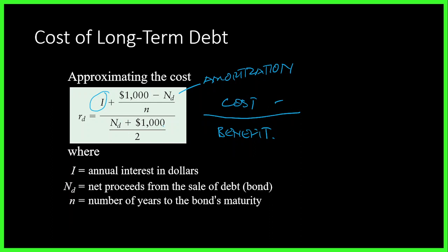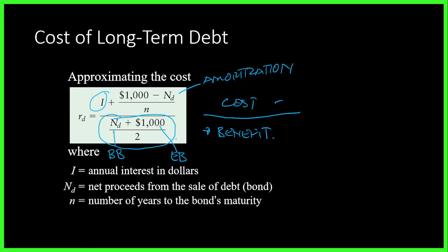Okay, sir, bakit may plus siya doon? This is actually the formula for your simple average, no? You have the net benefit, which is your net proceeds plus the face value. Bakit ganun? This is like the beginning balance at the beginning of the duration of the bond. And at the end or at maturity, this is now the value 1,000. So that's the ending balance. Beginning plus ending divided by 2, you will get the simple average for this type of bond. And that is now the benefit.